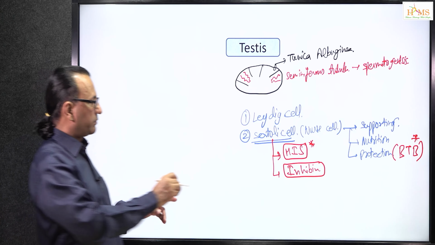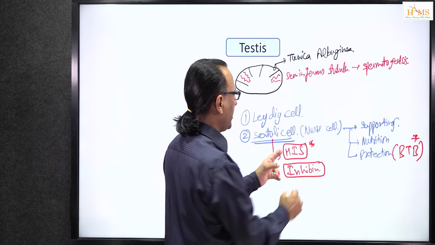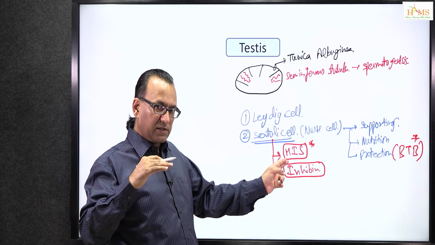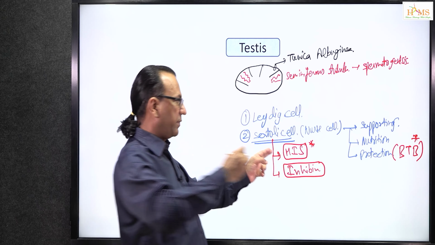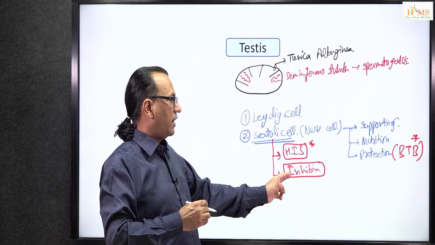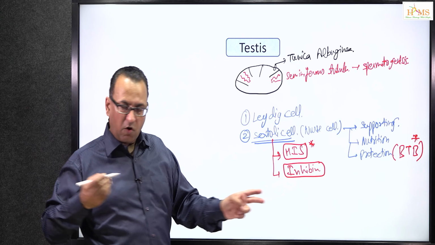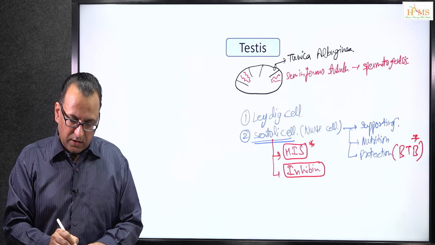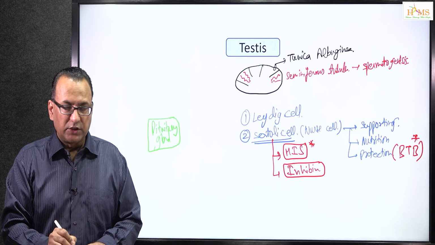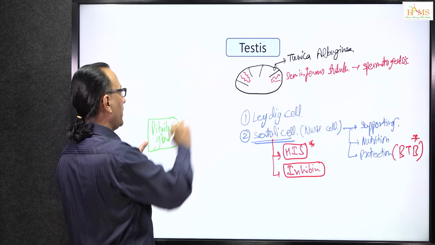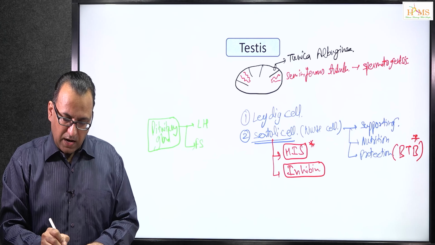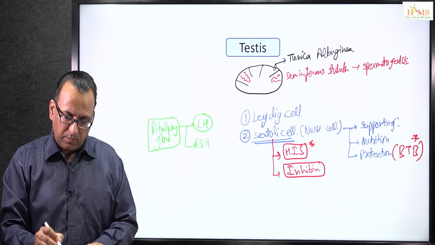This Müllerian inhibiting substance is going to inhibit the Müllerian duct during development so that the female reproductive system is suppressed and the male reproductive sexual characters will be evolving. Whereas the inhibin is actually working like an inhibitory hormone upon the pituitary. You know, all these hormones are basically under the control of pituitary gland. It is the pituitary gland which is giving us some of the hormones which work upon the gonads, like it is giving us luteinizing hormone, follicle stimulating hormone,